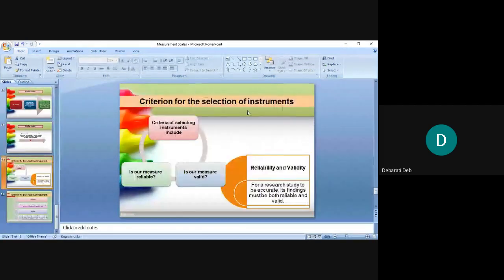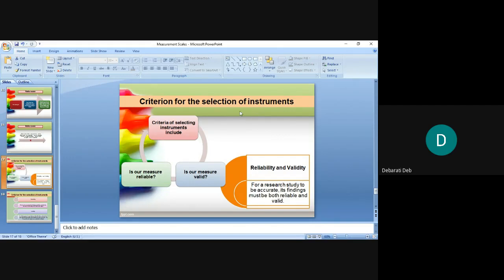Okay, so we have covered all the 4 types of scales now. By now you know that ratio scale is the best type of scale of measurement. So you are going to use ratio scale. Whenever you prepare the questions, you will make the question in such a way which starts with 0. That means no comment, no answer at all. Then gradually the respondents will have their own answer.